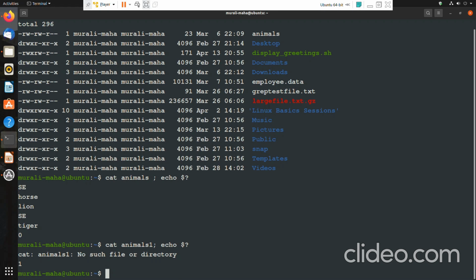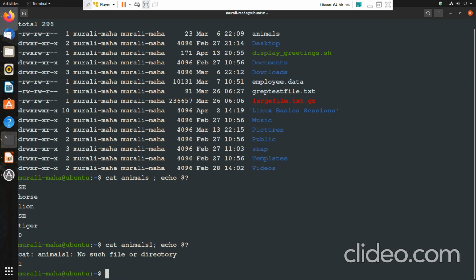It can return any number, but in this scenario, where cat has failed because the file I am trying to open in read mode doesn't exist, it returns the value 1.